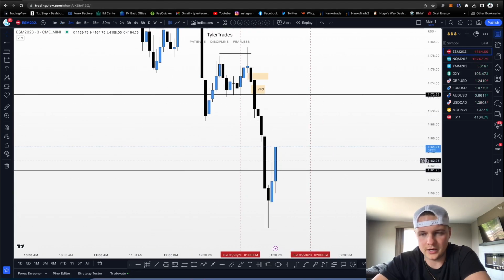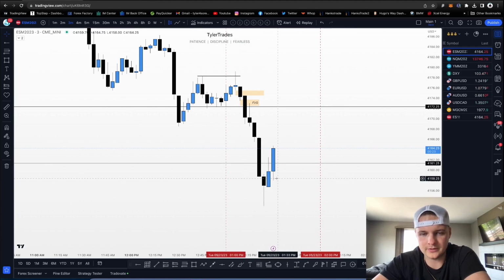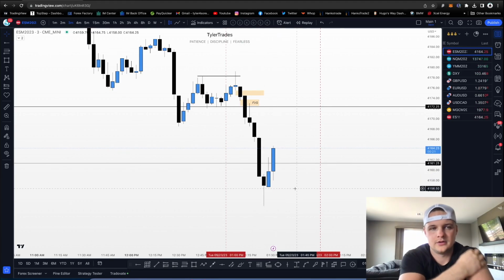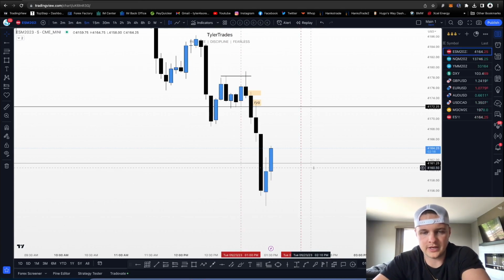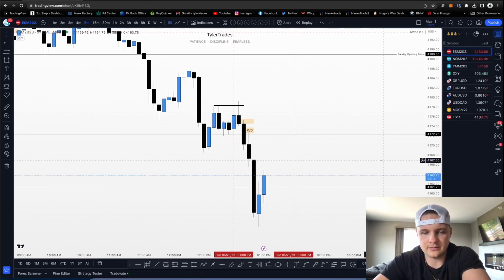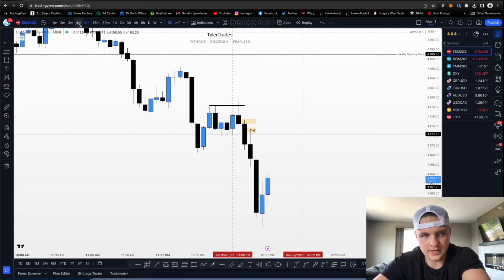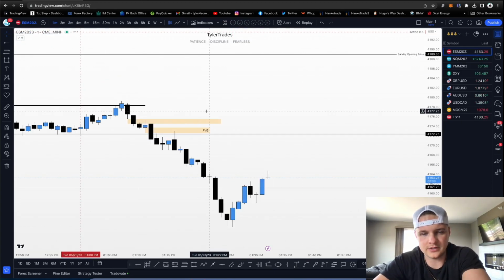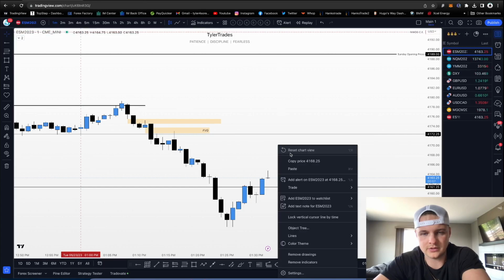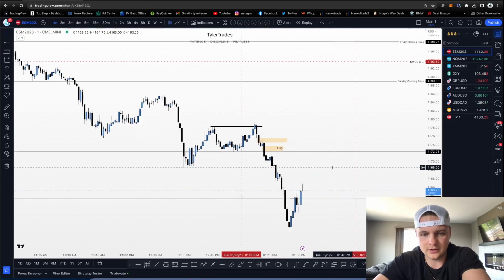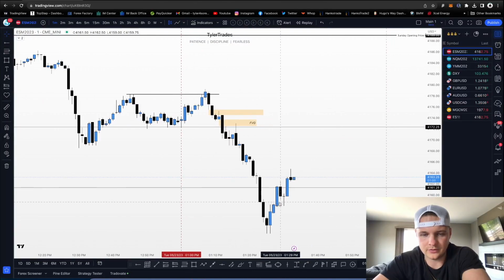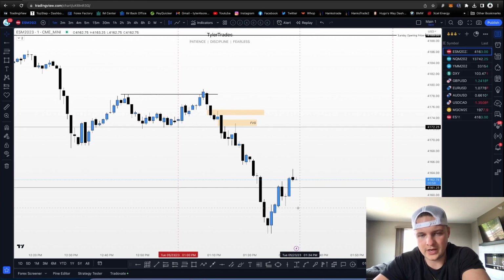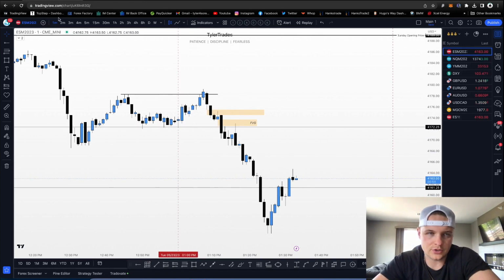So I might be getting long, now that we've taken sell side. But I'm just going to watch. I kind of feel like I've already missed out on the main move, but maybe not. Guess we'll see. As far as sticking to this 1 minute time frame goes, I already missed an opportunity to get long, which was right here. The reason that I'm waiting to get long though is just because I wanted to see some structure put in here